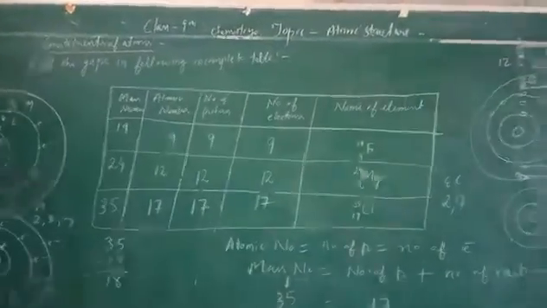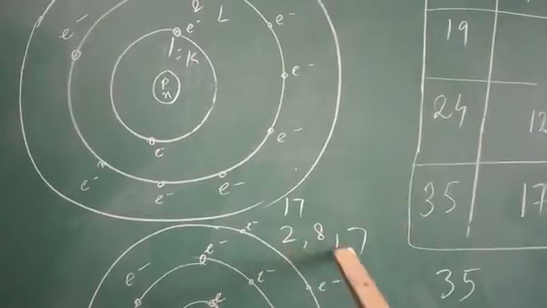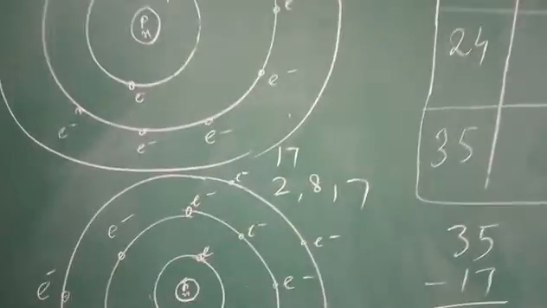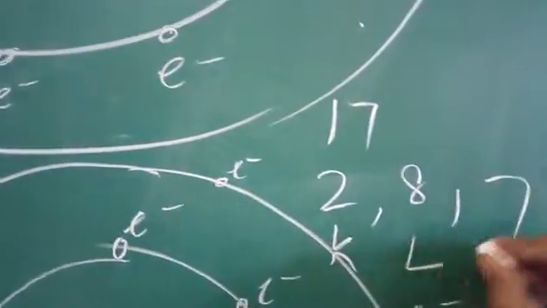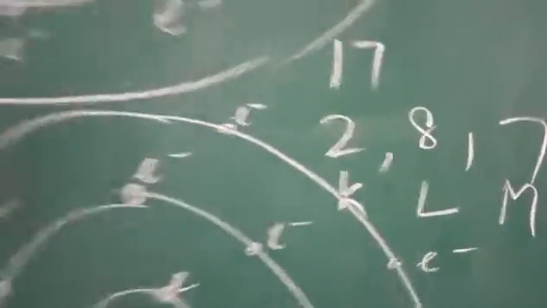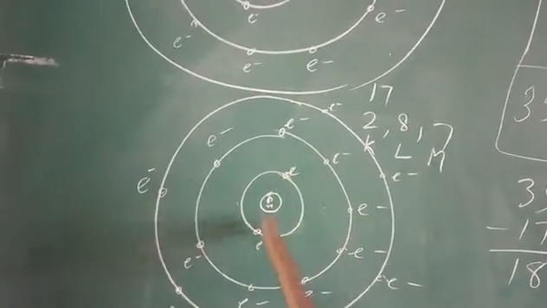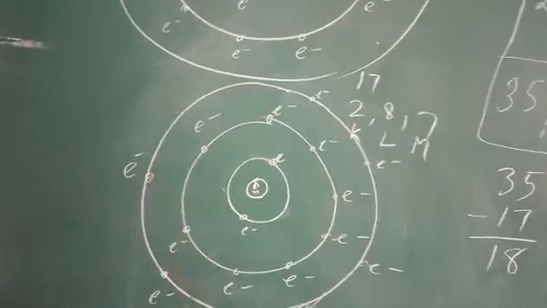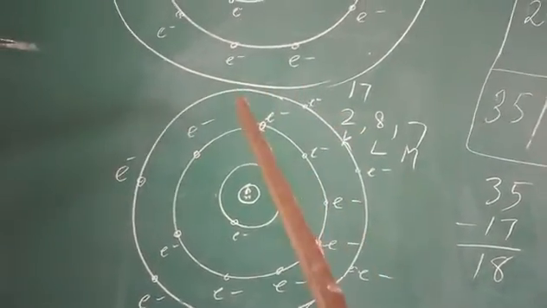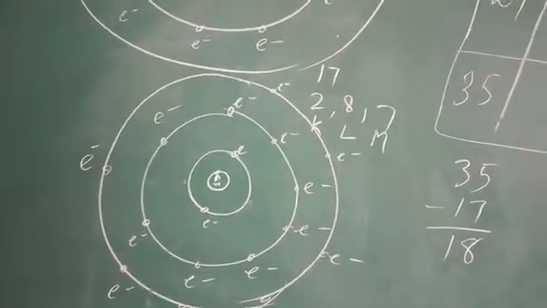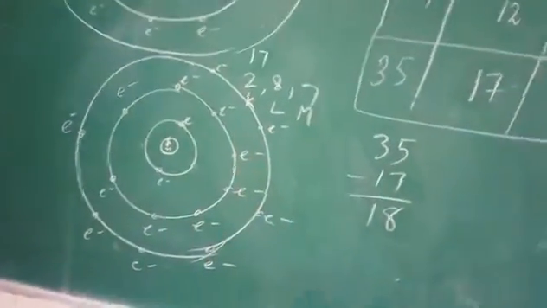Third case is of chlorine. Chlorine has atomic number 17. First shell contains 2 electrons, other contains 8, and third contains 7 electrons. The shells are called K, L, and M. So look at the first shell. It has 2 electrons, other has 8, and last shell has 7 electrons. So last shell is not complete. If it has 8 electrons, then it is complete, otherwise we need to fill the other shell. So this is the electron distribution in the chlorine atom.